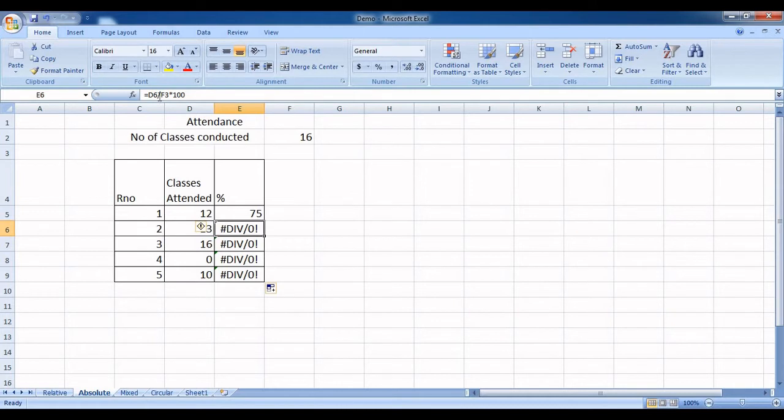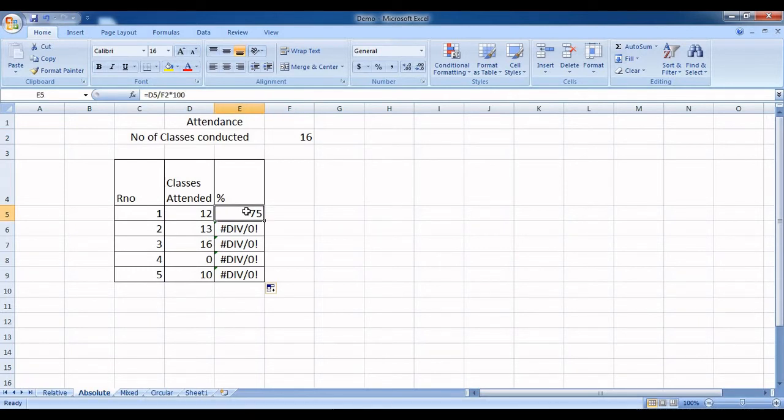For the first part, it is accepted. Excel must update the row number, because after 12 the cursor should go to 13, then 16, 0 and 10. So for the first part of the formula, it should update the row number, but the second part should not be updated. Why?